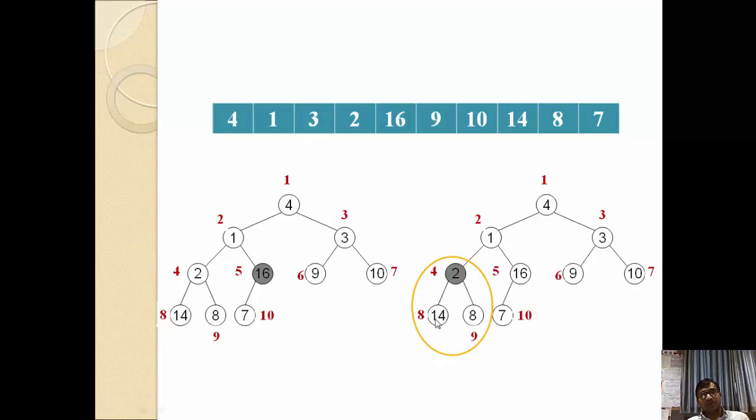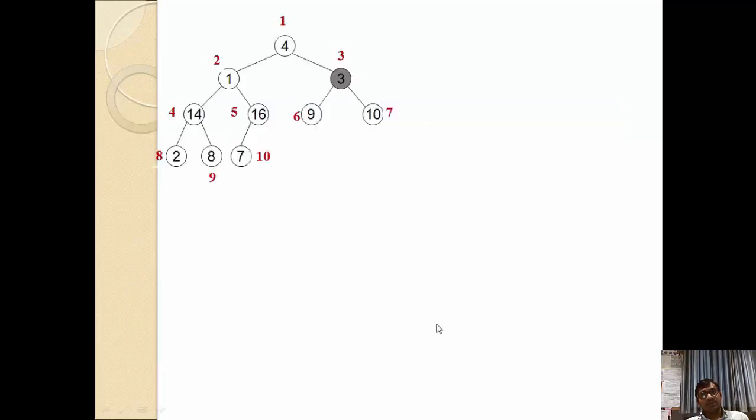So this is the parent node, we have to swap with the largest one. So this is the largest, that is 14. 14 we have to swap with the 2, right? So 14 will be here and 2 will be here. Now it satisfies the max heap property. 14 is larger than both the child nodes, 2 and 8. Now we have verified the fifth as well as the fourth node.